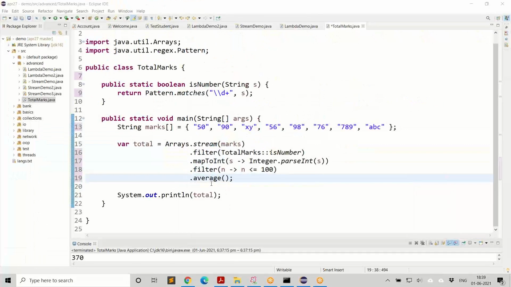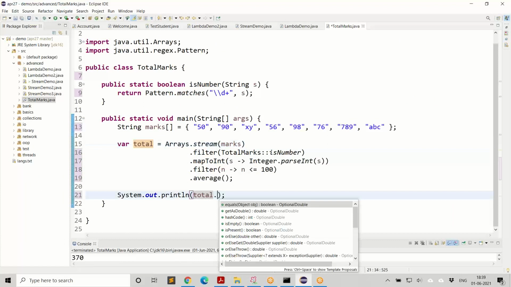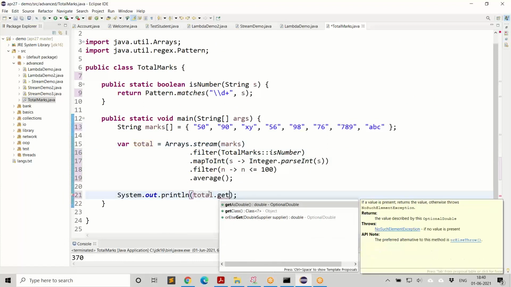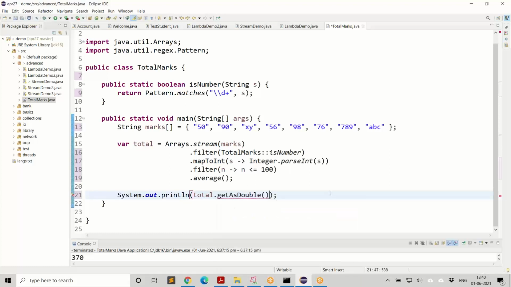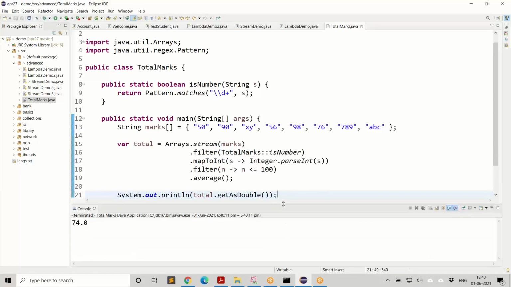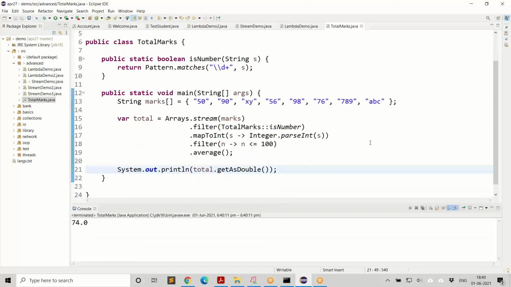So what we need to do is take this and get the double value from that. You have to use total, because this is going to be an optional double, and say getAsDouble, then you get the double value. Go ahead, run, you get the average marks, 74.